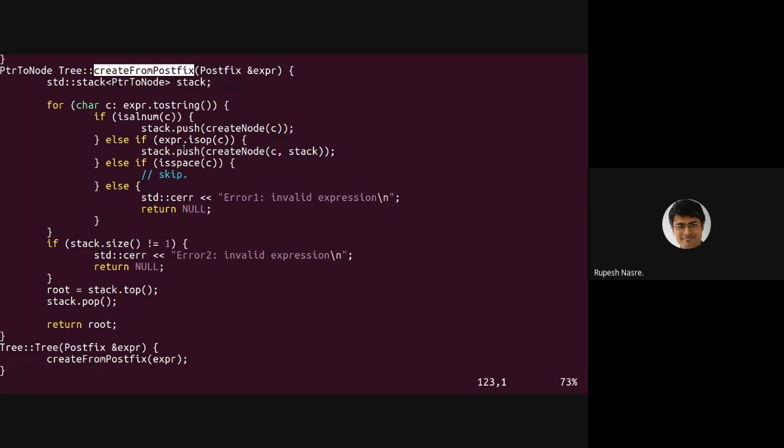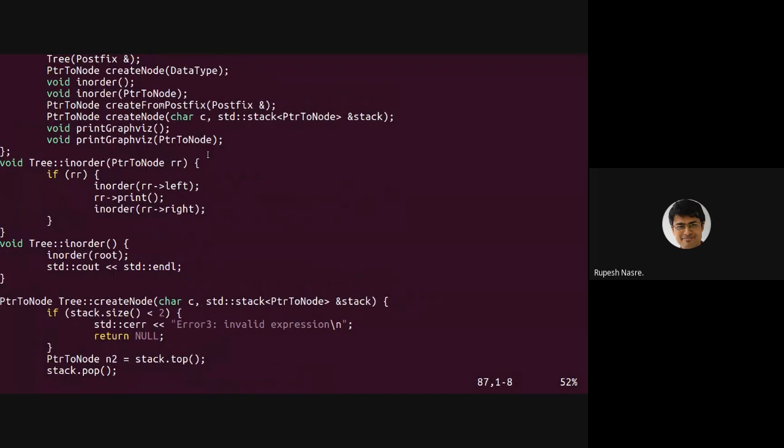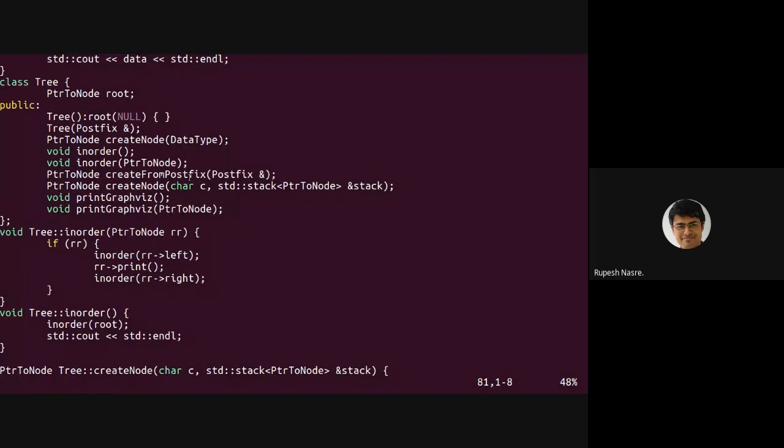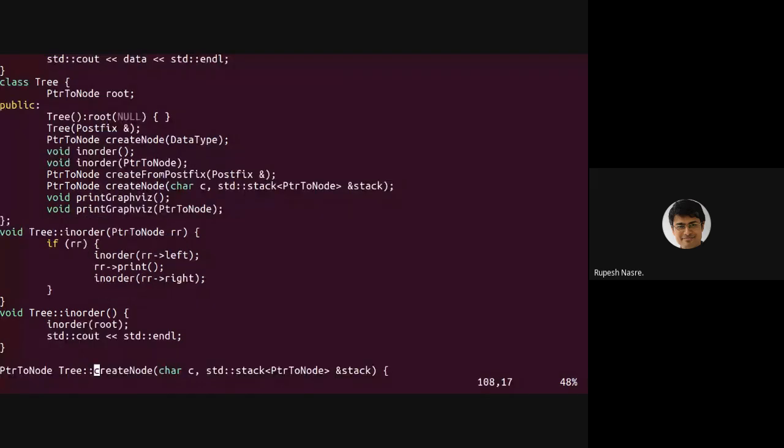So let's look at now what happens in create node. So there should be two create nodes. One create node is simple. So this is the one that we need to worry about.